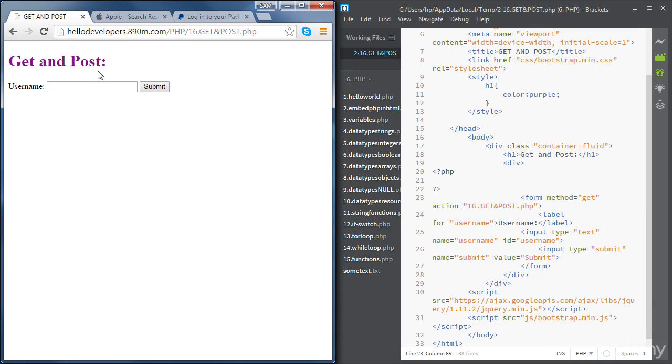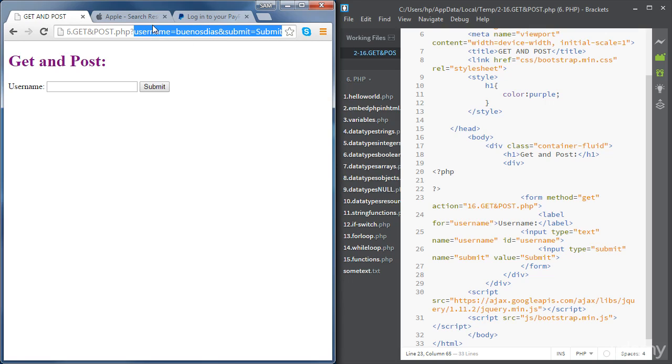All right, so now let's try something with our form. We're going to input some text, and then we're going to submit the form. Okay, so at the top, in the address bar, we can see the original address, and the reason why we see the same one is because we are using the same file. So we can see our file there, followed by a question mark, and then we can see